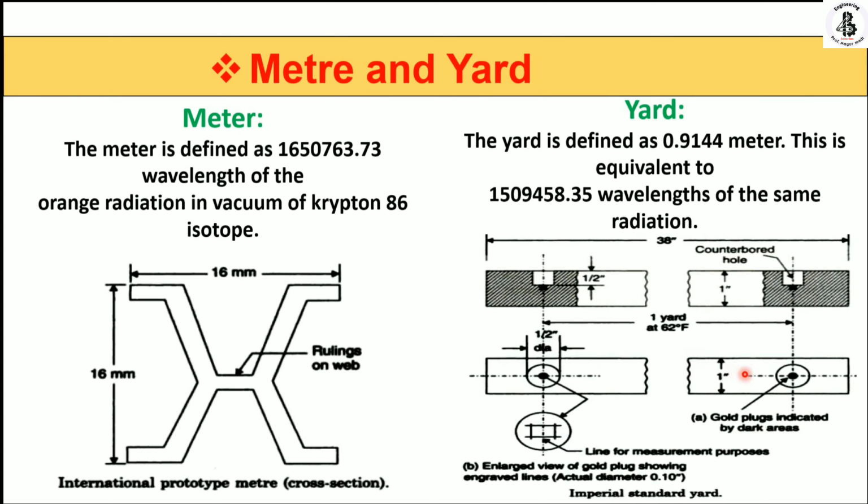Due to that, bending of the beam at the neutral axis remains unaffected. Then the plug, being in a well, is protected from accidental damage. So both of those disadvantages of the meter are overcome in the yard. If you make a relation with respect to the meter, 1 yard is equal to 0.9144 meter, which we already discussed. So that is the basics about the meter and yard as standards.